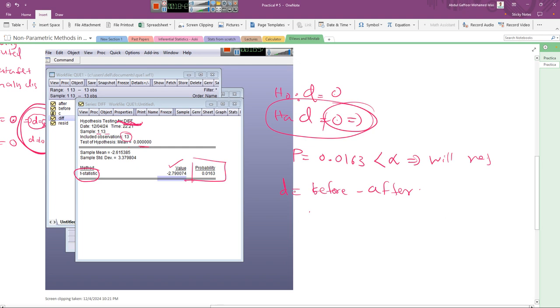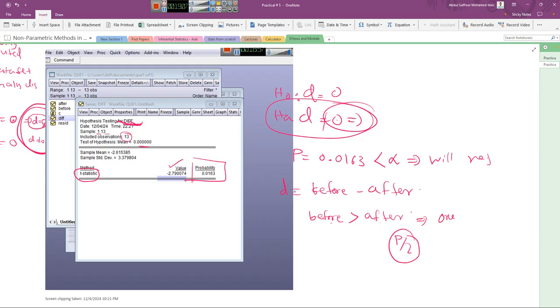So here if before is greater than after, we will say that is p by 2, right? This is p by 2, the probability value, because EViews software will give the probability value only for the two-tailed test, right? So if you consider the before greater than after scenario, this is a